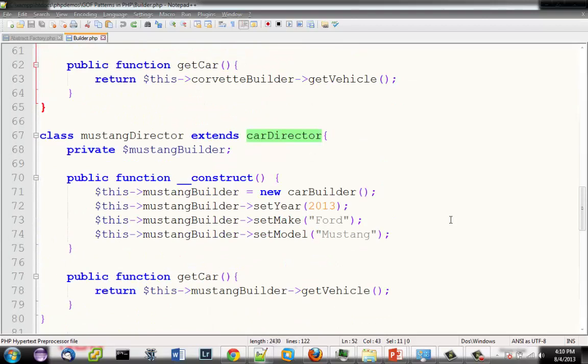Same thing for the Mustang director. The same thing happens. The only thing I did different here is I actually built a Mustang instead of a Chevy Corvette. I'm calling the same get vehicle method.